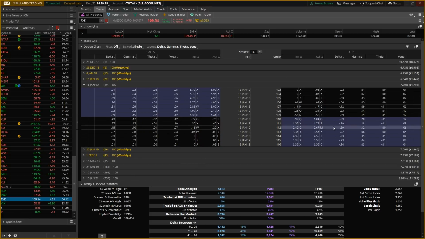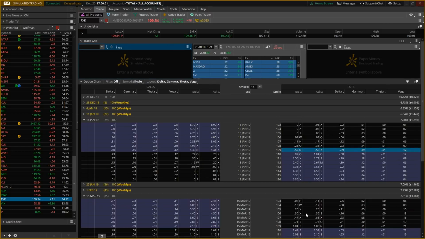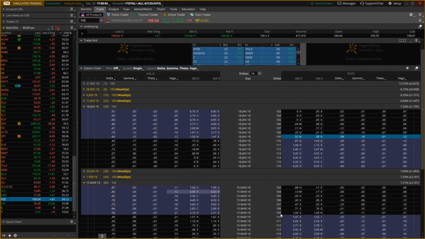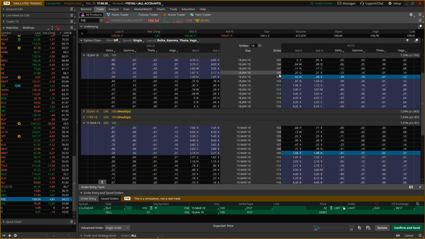Medium to low implied volatility, we got that. So we're going to be looking at the 39 delta. That one's right middle of the road. That's the one we're going to sell, the 109 strike. We have to go out a little bit further than the February because on Monday we'll have February monthlies, but right now we don't have that luxury. So we're selling that one, and then we're going to go down here and buy the other 109 strike. So this is a horizontal spread, right? We're going out in time, flat to the same strike. Now we're paying a 52-cent debit.